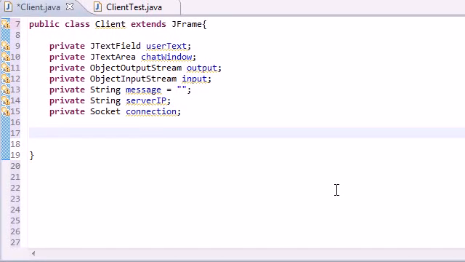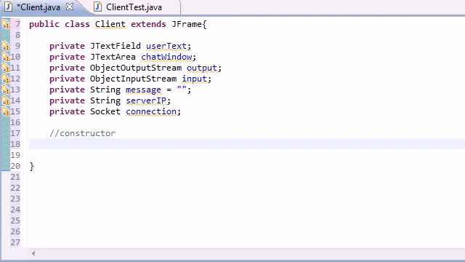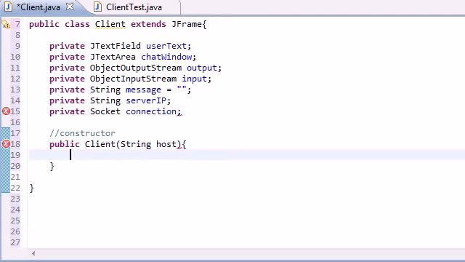Alright guys, welcome to your 50th tutorial, and as promised we're going to be working on the constructor and also the GUI in this lesson. So let's go ahead and do that right now. So public client is the name of the class I'm working in, and I'm actually going to pass in a string host. Now let me go ahead and explain to you guys why the client class is going to be